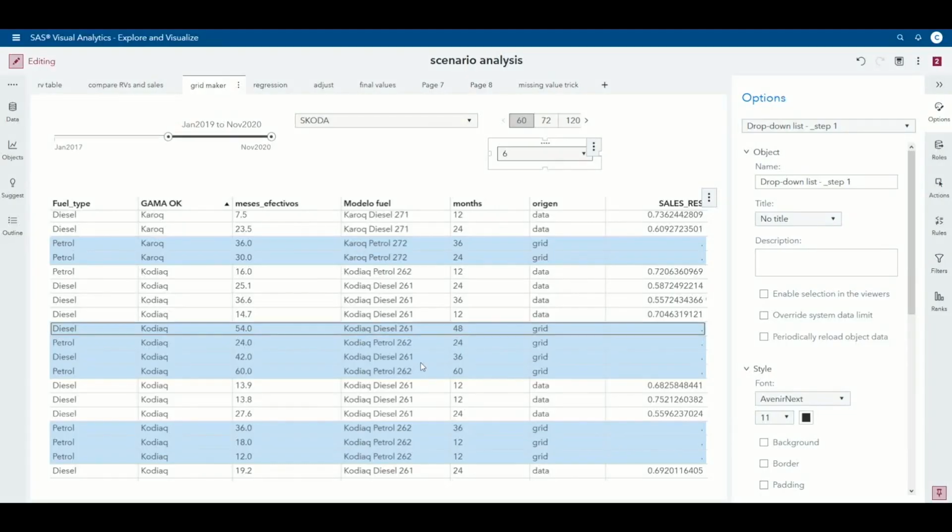So let's put into practice the missing value trick. Here, the decision makers want to know and want to run a regression model on a specific grid of points. For example, they're interested in the behavior at 12 months, 24 months, and 20,000 mileages per year, for example. So here we prepare the data set with the missing values.